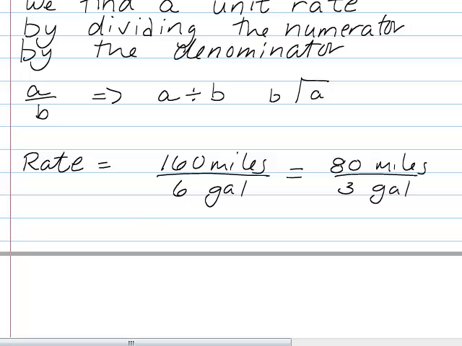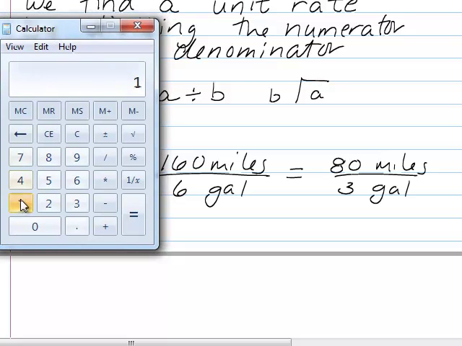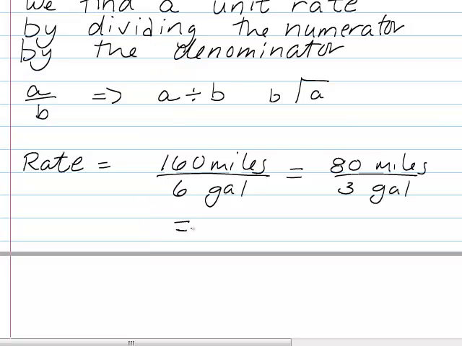So let's pull up our calculator and take a look at how we would solve this. Here we have 160, and we're going to divide that by 6 gallons. All right, that gives me 26.6 repeating. We can see that. Well, we really don't need to know it out that far, so I'm just going to round this, and we know that that is approximately equal to